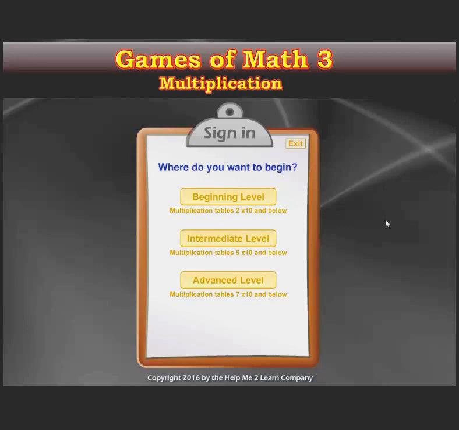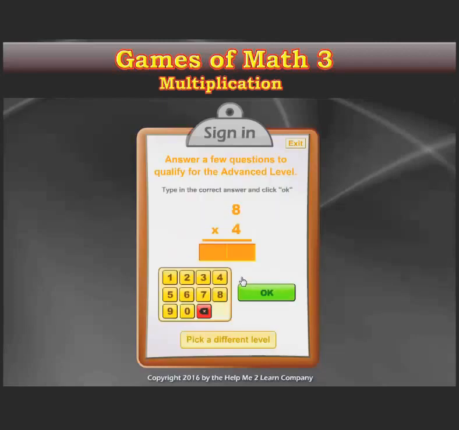We want you to choose what level you want to begin at. The beginning level would be exactly what it says, for those who haven't much experience with multiplication. If you have a little more experience, we're going to start you out at the intermediate level with tables 5 through 10. And if you are pretty good at multiplication, we can start you at the advanced level with problems 7 through 10. So let's go ahead and click on advanced, and we're going to have a couple of